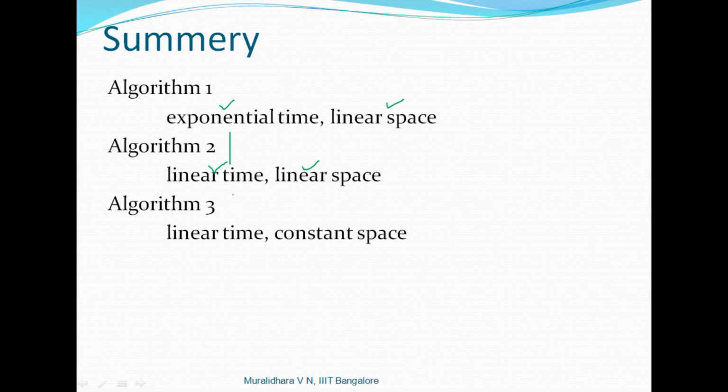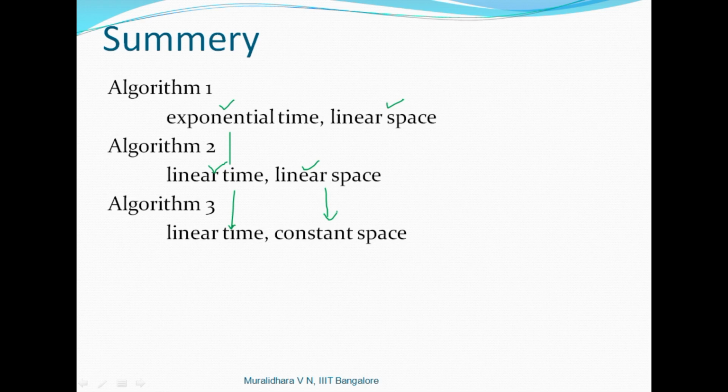So we designed the third algorithm where we just kept track of the last two values, but we added all the n numbers. In order to compute f of n, you need n additions. So the amount of time required in the third algorithm is the same as in the second algorithm, but instead of using an array of size n, we used only 3 variables. So this becomes constant space.